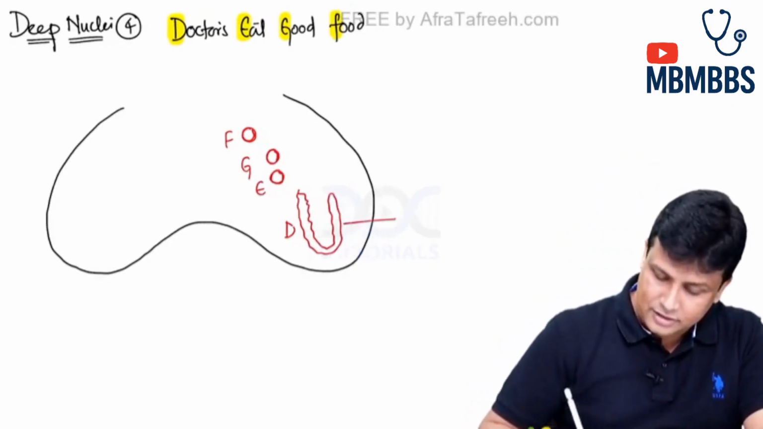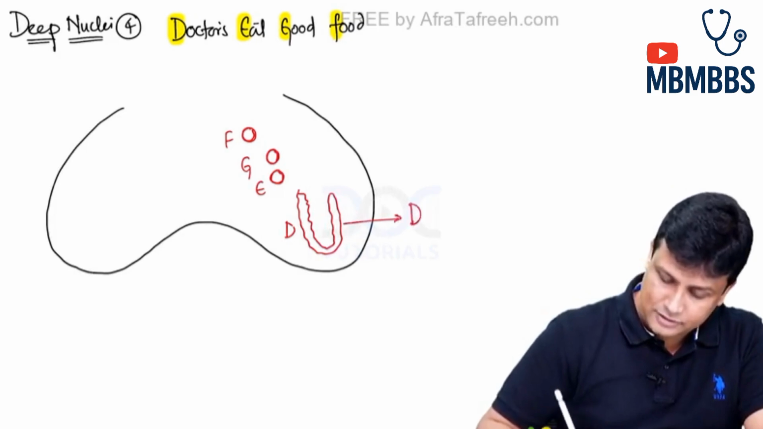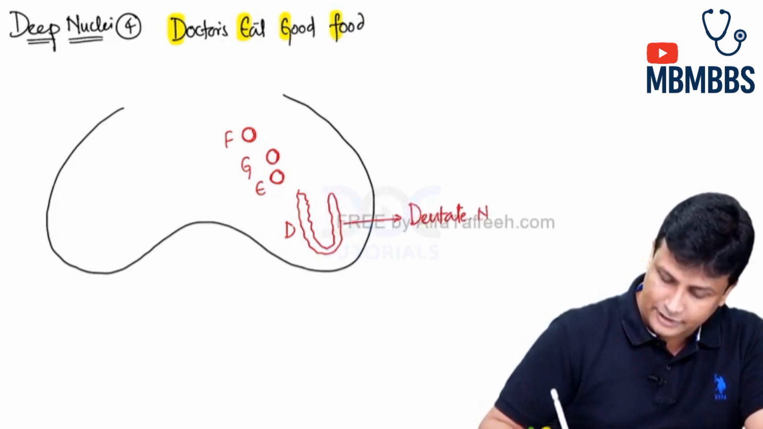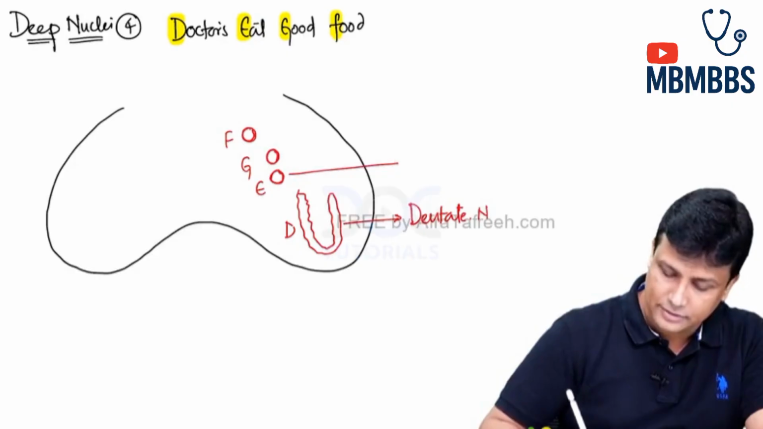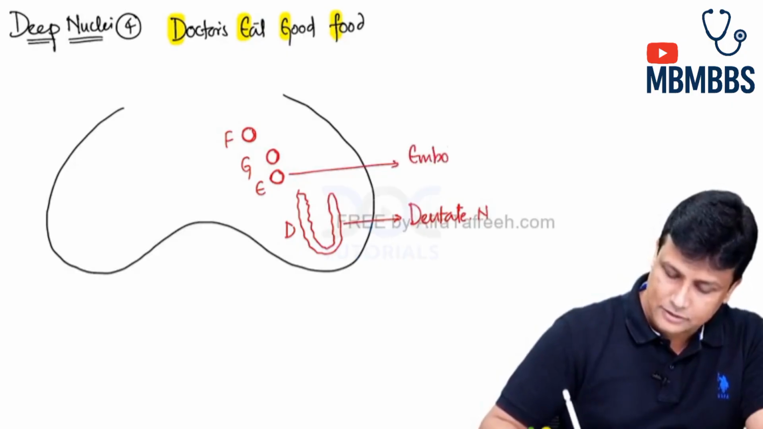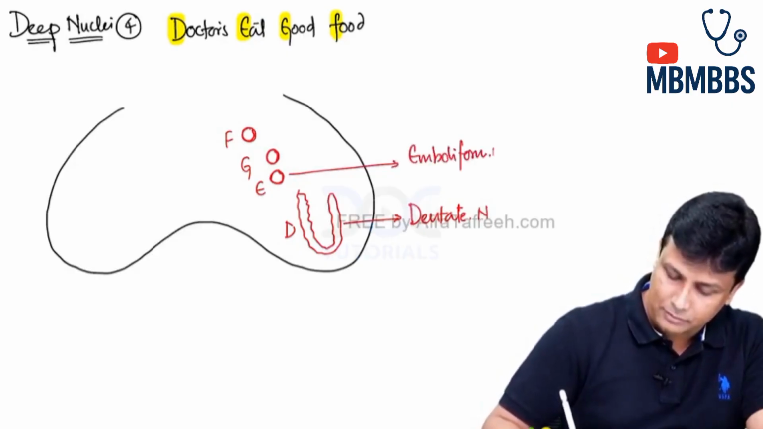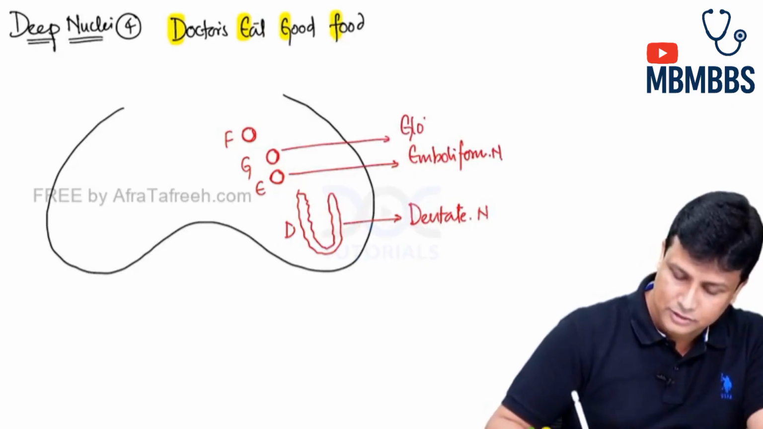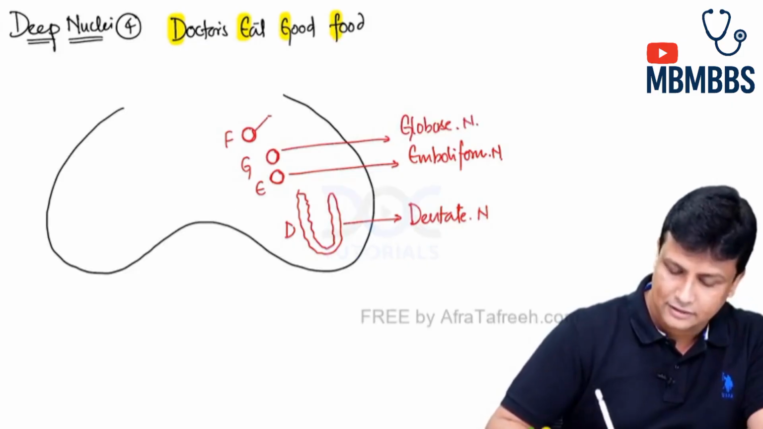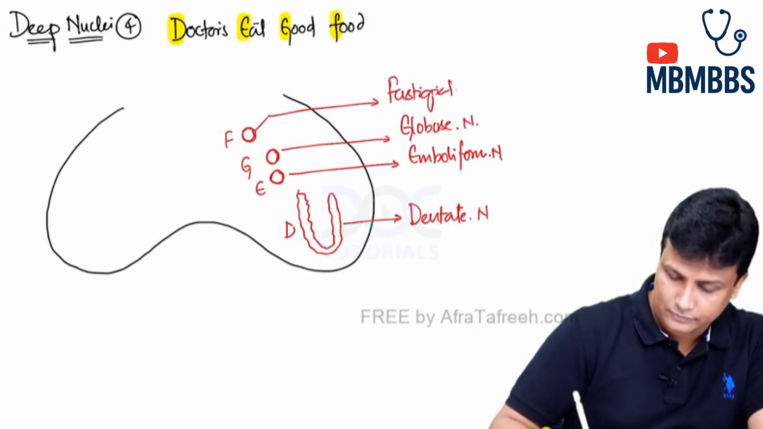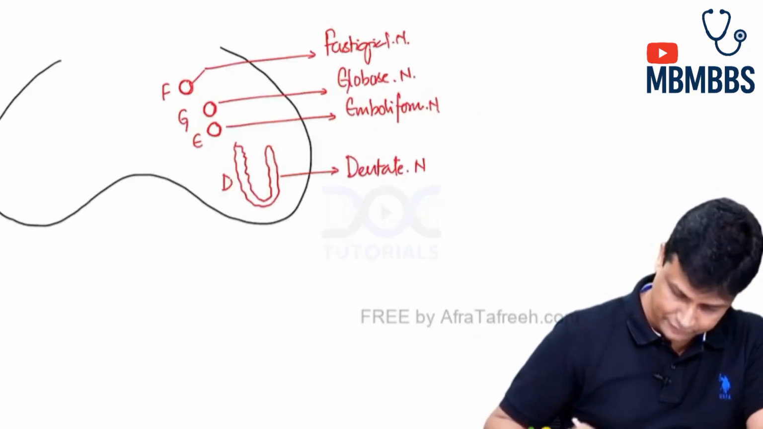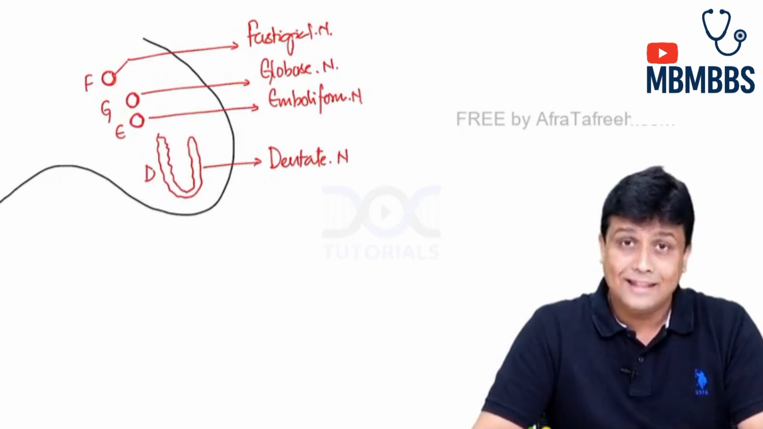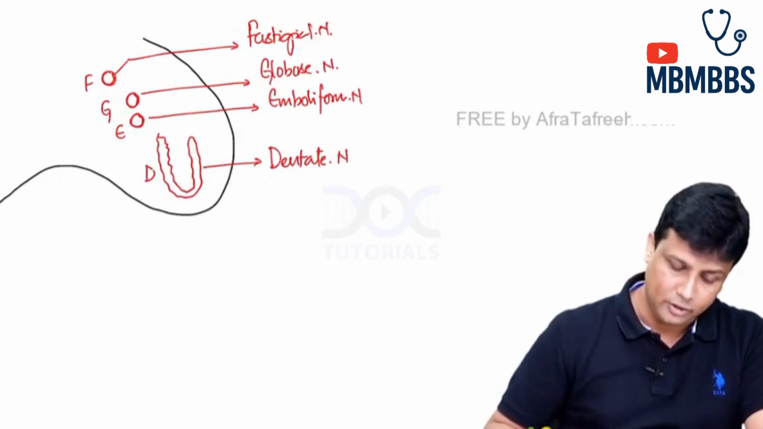So this largest nucleus here will be the dentate nucleus. Then this here will be the emboliform nucleus. And then this one here will be the globose or globosal nucleus. And then finally this one here will be the fastigial nucleus. Perfect. Now after learning their names and their arrangement,